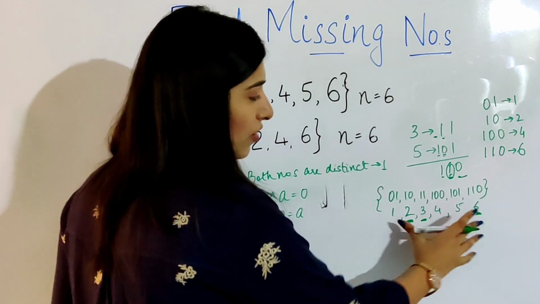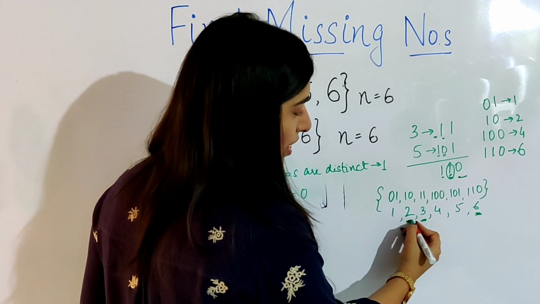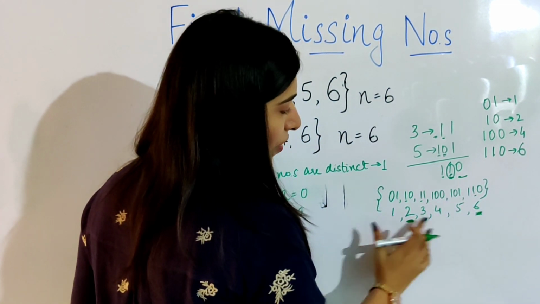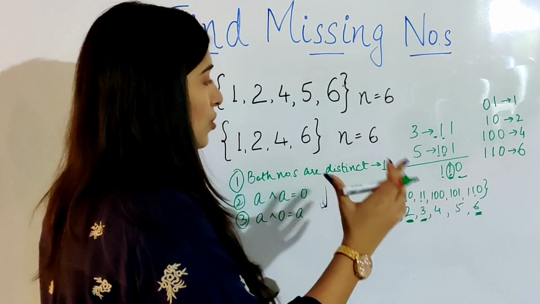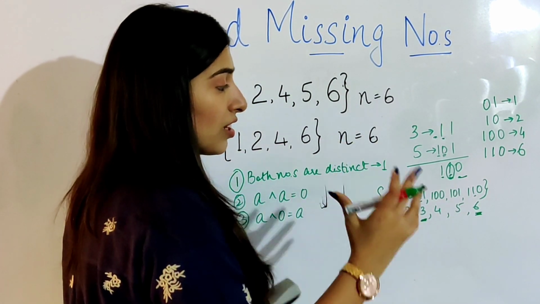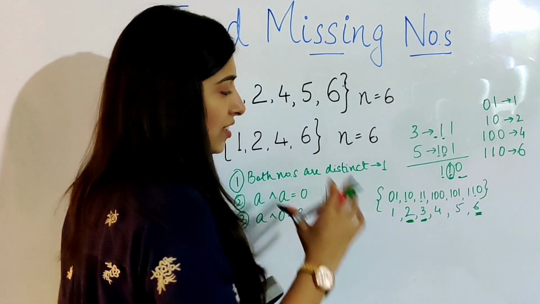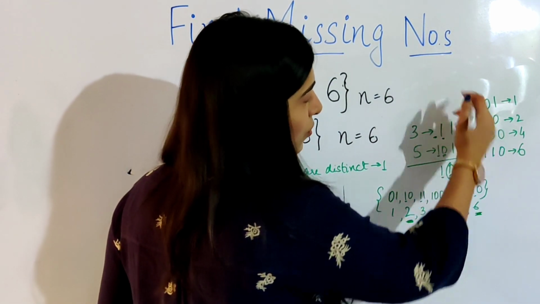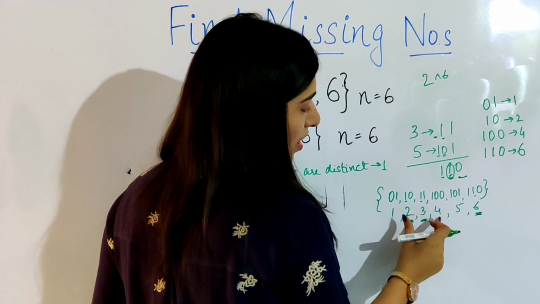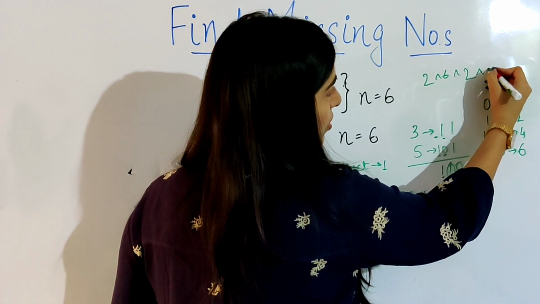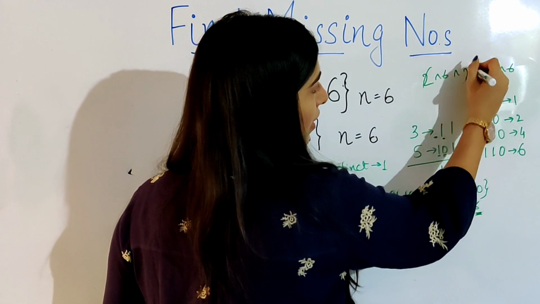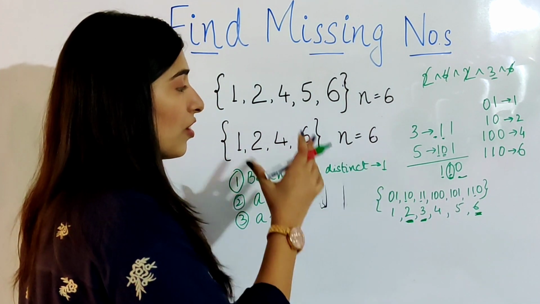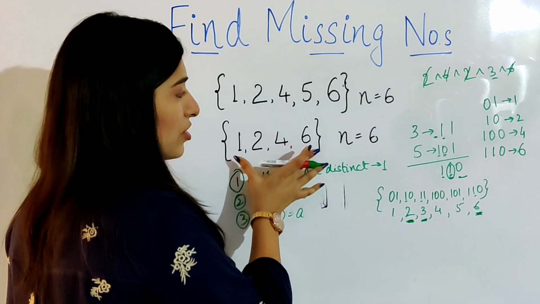Let's see how. So I have written all the numbers from 1 to 6 over here. As we can see, the numbers 2, 3, 6 have the second bit as set, but the numbers 1, 4 and 5 don't have it as set. So we are going to XOR all the numbers which have the bit as set first. Which are the numbers that have it as set? That is numbers 2 and 6. So we XOR 2 and 6 from the given array with 2, 3 and 6. When we XOR this, 2 will result to 0, 6 will result to 0, and we will end up getting the number 3.